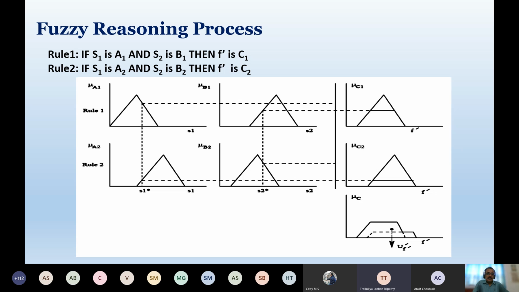Sir, I had one final doubt. When we consider the Cartesian product, we obtain the result in the form of a matrix, right? A matrix representation. So that matrix representation will still be considered a fuzzy set, or is it a result of that particular fuzzy set operation only? What is the physical meaning of Cartesian product?